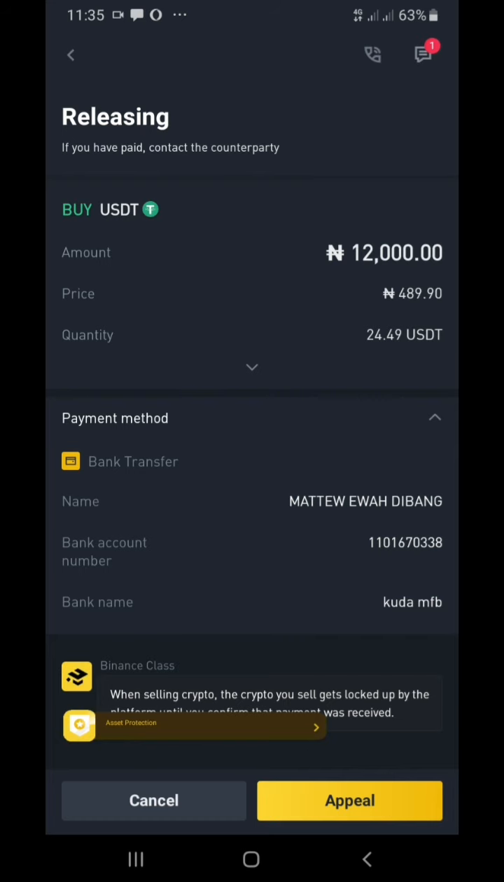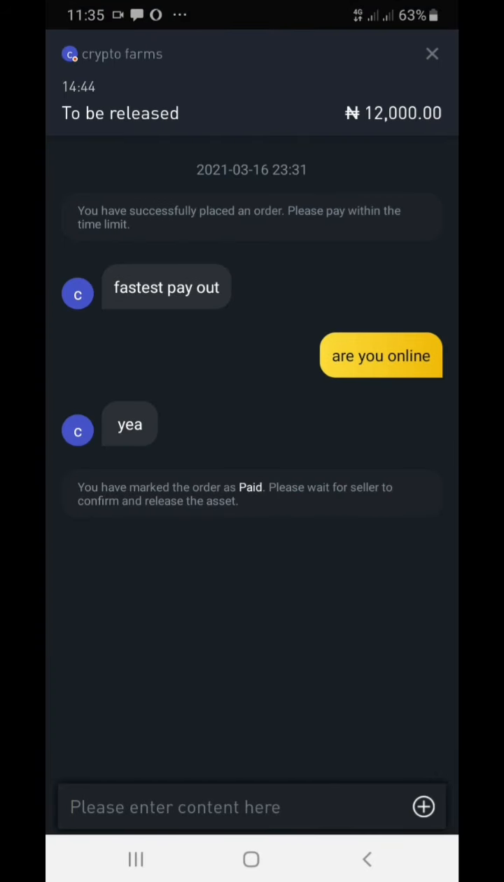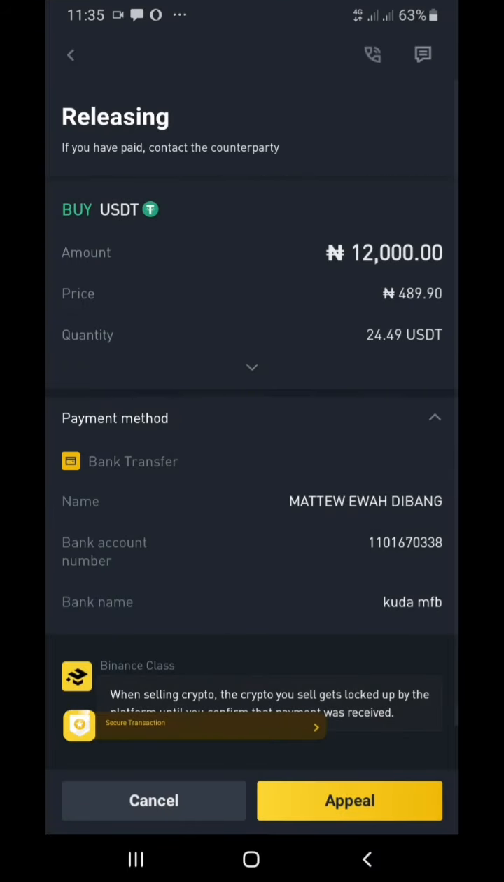So right now, I asked him, are you online? He was like yes, and okay, then now we can do deals, right? That means he's going to easily confirm the payment, and of course he's going to release my USDT very soon. So now in this case most people use Kuda bank account, or Kuda microfinance bank account, sorry. And yeah, of course that's the fastest you can ever get in Nigeria, and